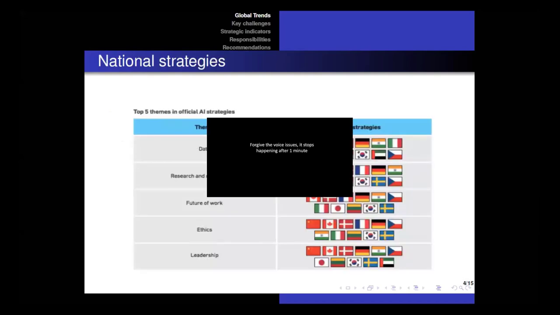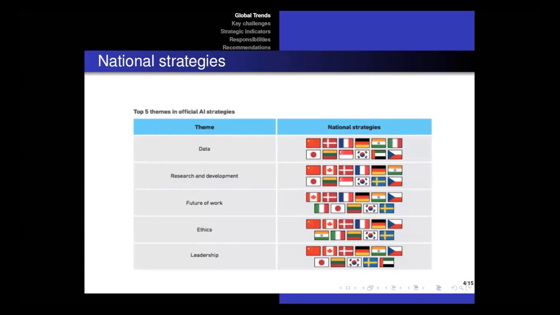So here are the national strategies. As you all know, many countries have taken initiatives to improve their economies through the development and use of AI. For example, I think that all of you know that China wants to become the world leader in AI by 2030 through a national strategic plan. On the other hand, France also aims to increase the number of AI students and achieve major AI projects. Many other countries also, such as Canada, Italy, Mexico, Japan, have also presented their AI national strategies and are continuing